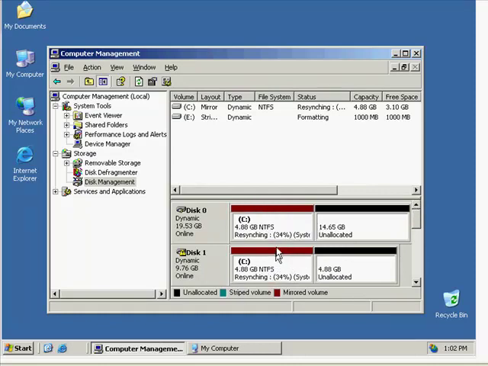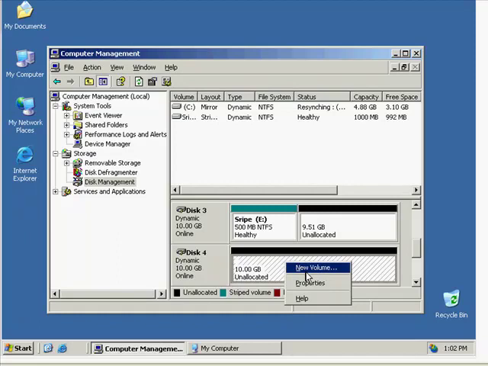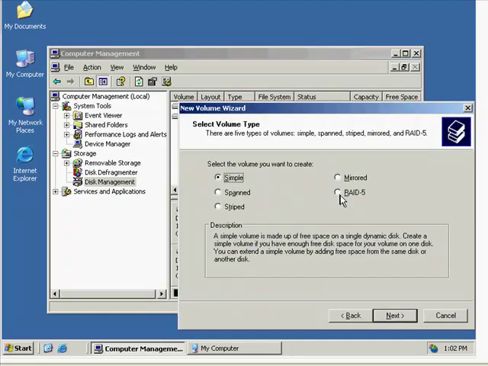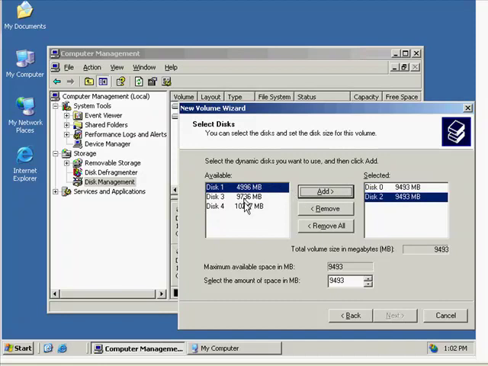We have an E drive up here, and this thing's still resyncing, so it's going to take a few minutes while we create these other things. And this one's formatting. So while we're doing that, let's go on down and create a new one. That one's healthy now. Let's create a RAID 5. In the RAID 5, remember, we have to have at least 3 disks. So let's take some from disk 0, which is the original disk, some from disk 4, and disk 2 was